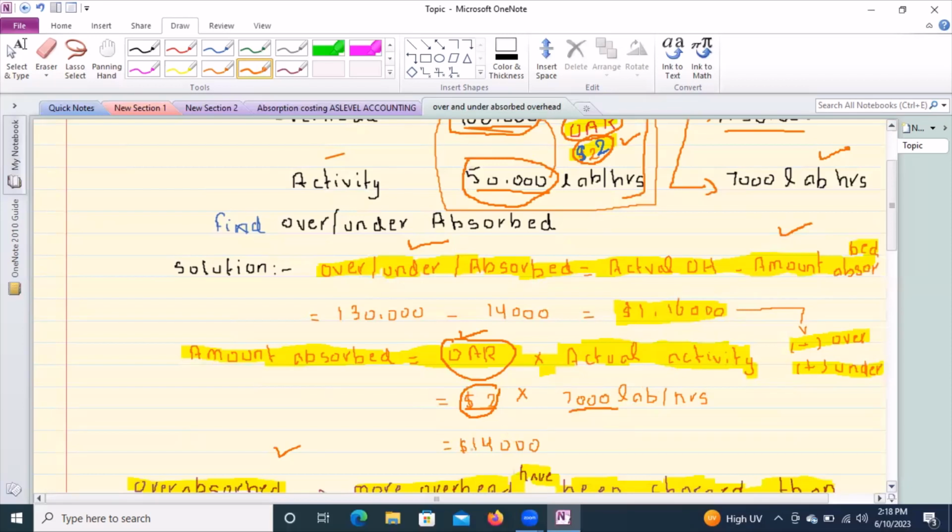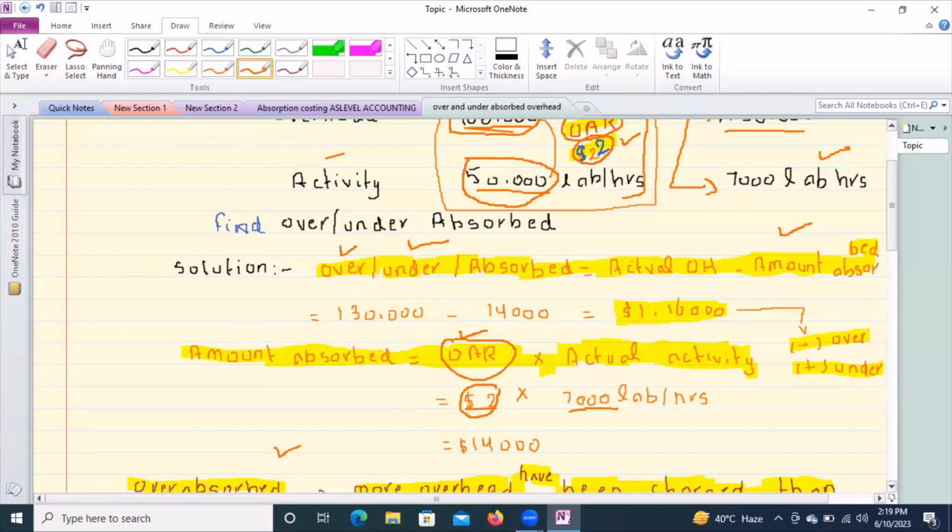Okay, so we get to know that our amount absorbed is basically 14,000. So we just put this amount here, because we are finding the over and under absorbed overheads. The formula for this is actual overheads minus amount absorbed. So we just find this amount, 14,000. This is our amount absorbed. So we just put it there, and according to the formula, we are going to subtract the amount absorbed from the actual